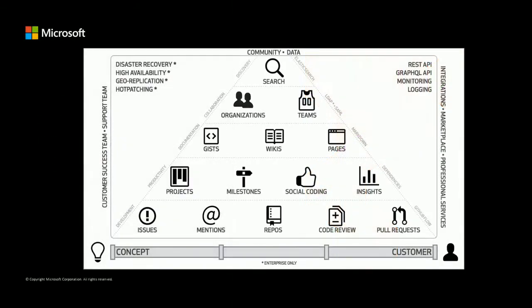So who uses GitHub? This is a somewhat antiquated but still interesting persona pyramid, as I call it. I don't know what our marketing team actually calls it, but inside that pyramid is a list of features that different personas within an enterprise leverage day to day. You can see on the top you have search. The bottom left is issues. Then furthest right you'd have something an individual contributor would use: actually opening pull requests and making changes on your code base.